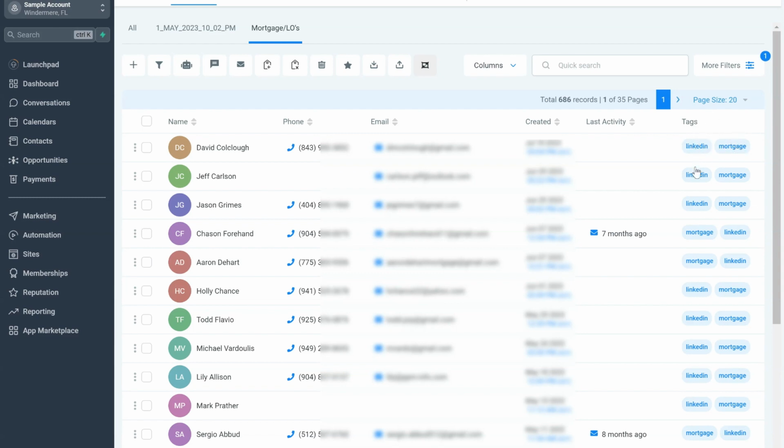But I always make sure I put LinkedIn in here so we know where it came from. So again, if we have other campaigns running inside of our CRM, we can always test against and see which one's performing the best. So all this gets automatically put in. Once somebody connects with you on LinkedIn, it gets put inside of here into your CRM. And so that's how that works for you.